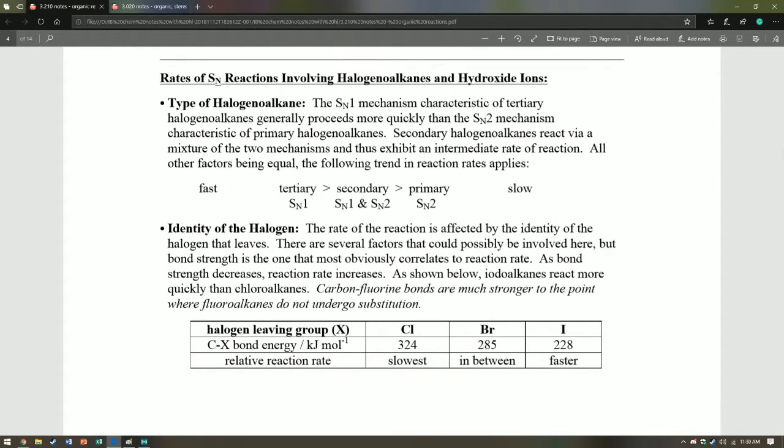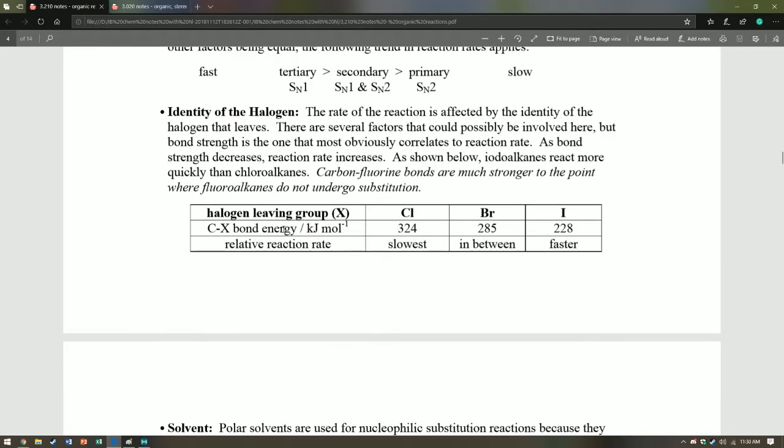Rates. Some factors that affect the rate of nucleophilic substitution are the type of halogenoalkane. For some reason, SN1 reactions are faster, which makes no sense, since you would think SN2, second order, is faster. In reality, it's not quite this way. This trend is kind of stupid. The IB expects teachers to teach it, so I have to say that SN1 reactions are faster than SN2, but in reality this depends on a lot of things. However, one thing that is consistent is